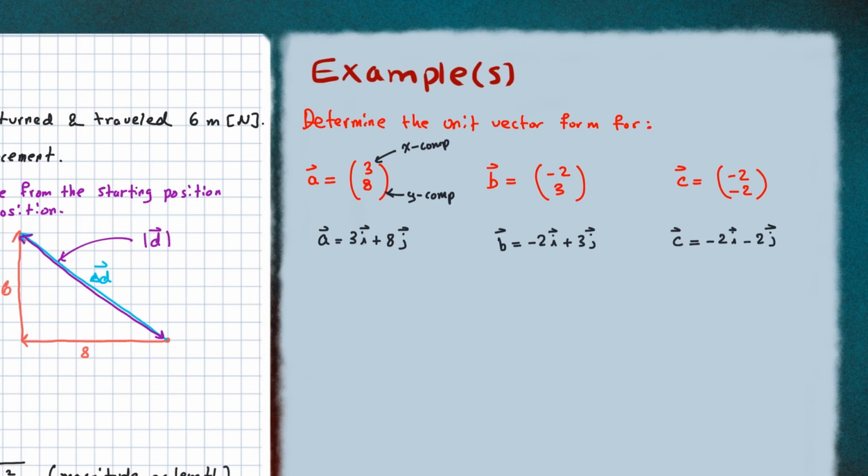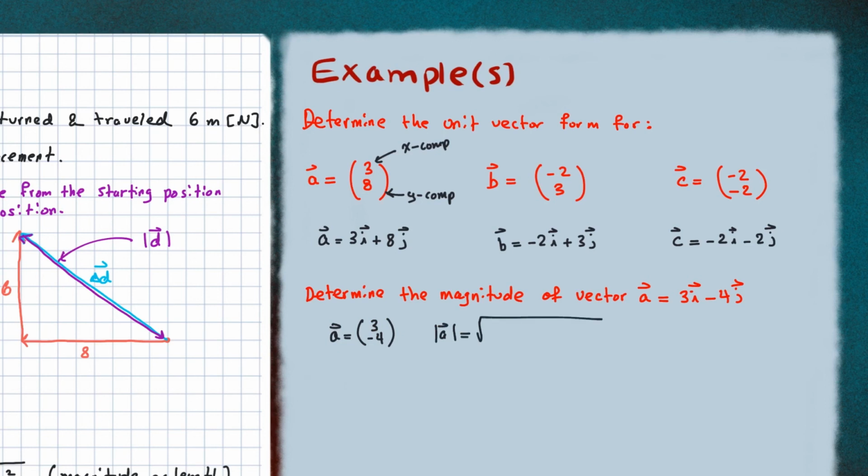Let's look at a magnitude question. We want to determine the magnitude of vector A, which is 3 times unit vector i minus 4 times unit vector j. We know the components of this vector are 3 in the x direction and -4 in the y direction. Therefore, the magnitude of the vector is the square root of 3 squared plus -4 squared. And this will give us the square root of 25, which is equal to 5,